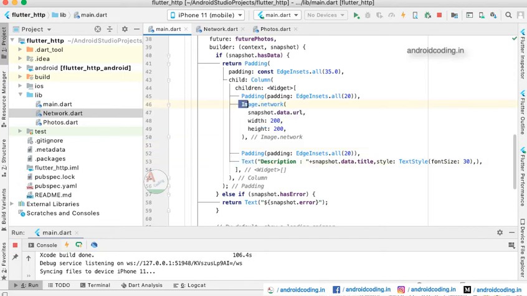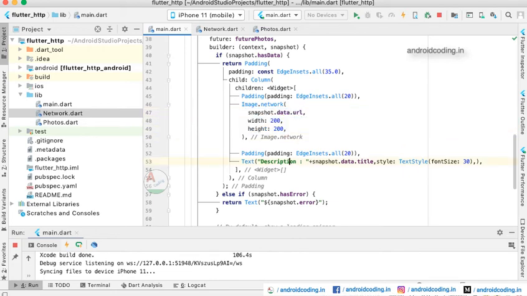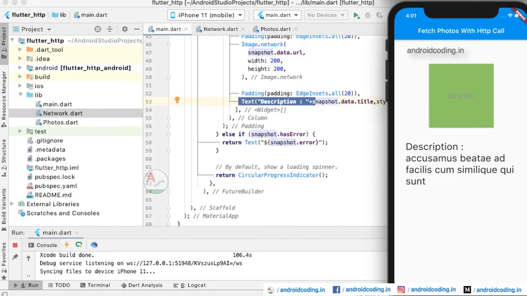The image view will load that particular URL, snapshot.data.url, and will load the image from the URL. We have also specified a width and a height, and the description we are loading with the help of a text widget here.